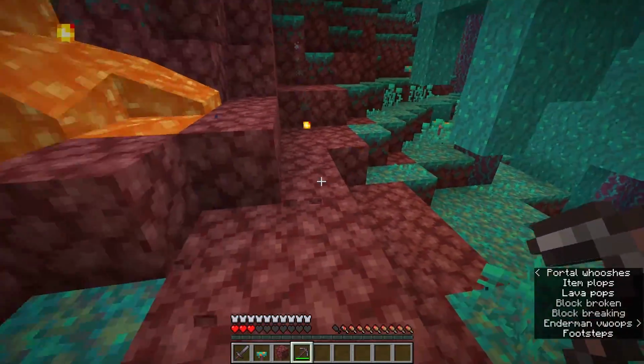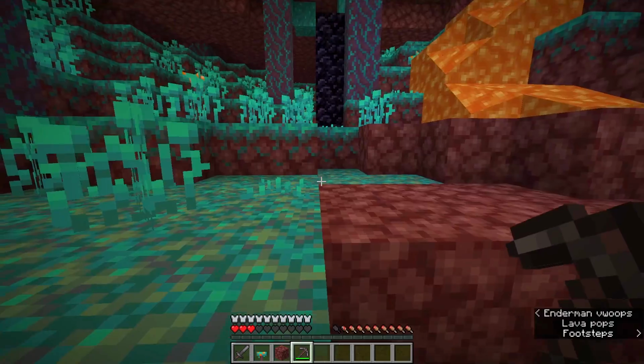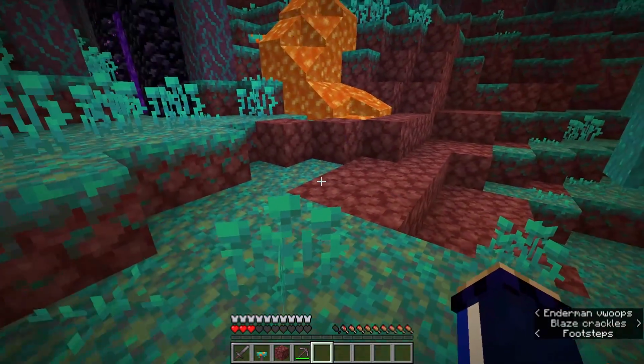break a block here, naturally that's going to use a point of durability on my pickaxe. If I take a look at this now, 2030 durability. That is around 500 more points of durability than a diamond pickaxe. You'll also find that netherite has a higher enchantability than diamond does, although not a higher enchantability than gold, meaning